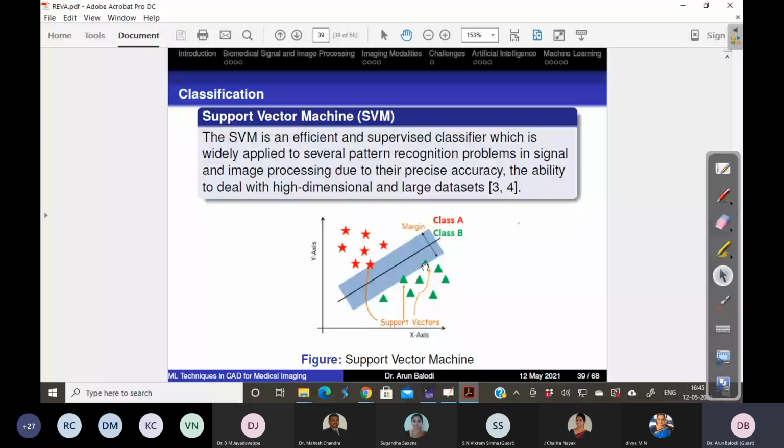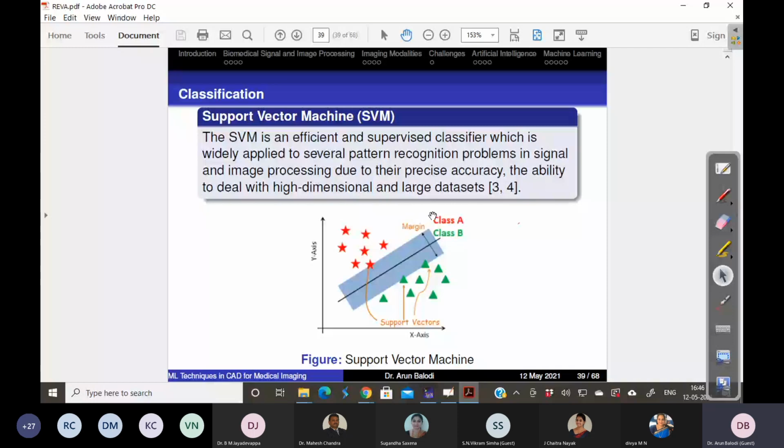We will make a line parallel to this center line, the hyperplane, and we will keep this margin. This is the gap or the difference between the outer element of class 1 and the outer element of class 2. We have to keep the maximum margin. The moment we keep this maximum margin, these 2 lines that we have created are called the support vector machine. So this is the classifier that we are going to use for the problem.